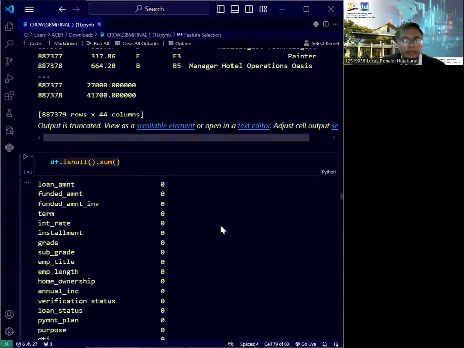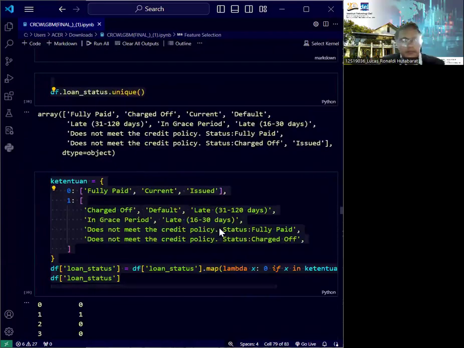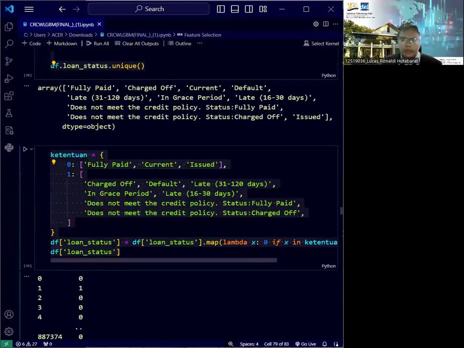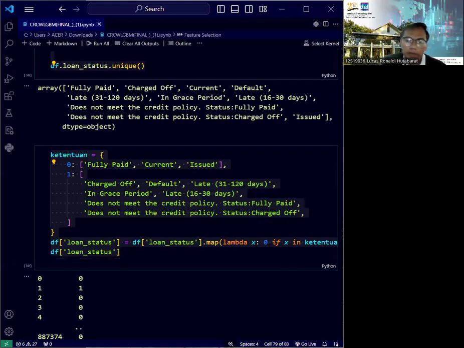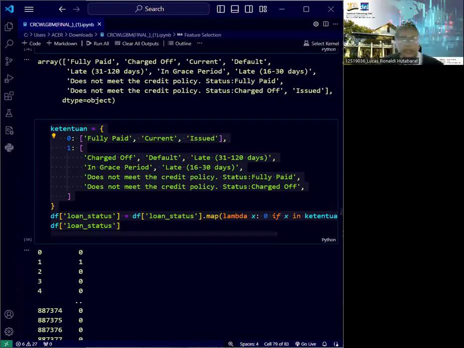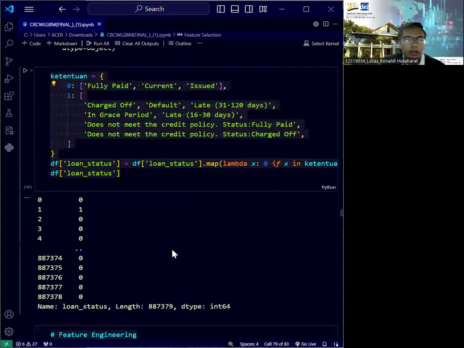Next, we define the target variable. Here we create our target variable, loan status, to identify good loans as 0 and bad loans as 1 based on the provided condition. Next, we encode categorical columns.